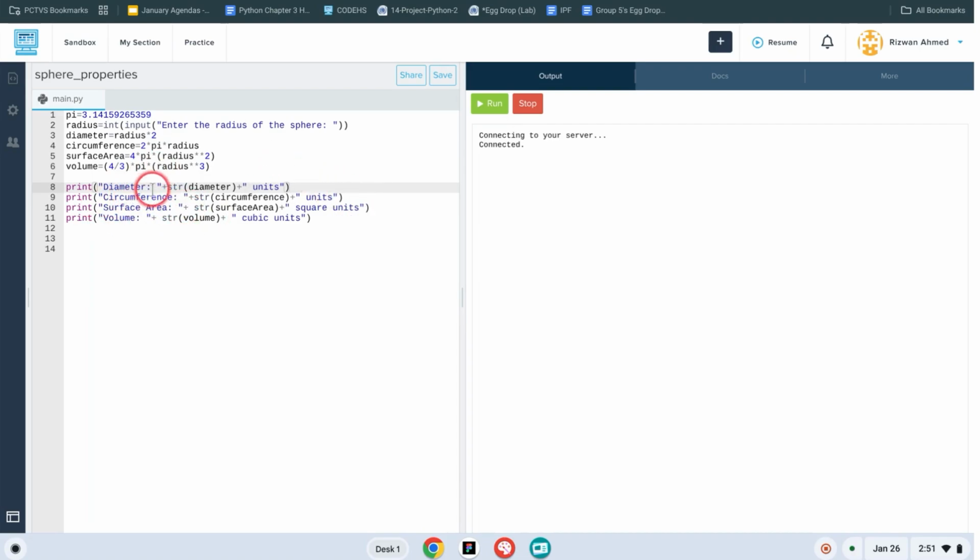So we have diameter, colon, and then we have this is string concatenation. We're using the addition operator because it's inside the print function. And then we're using the str for the diameter because this is an integer, so we cannot just put it like we usually do. And then add another